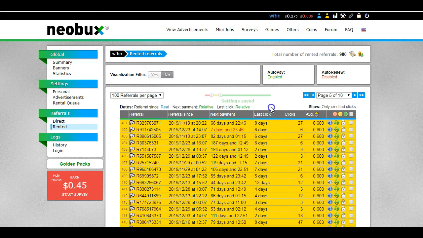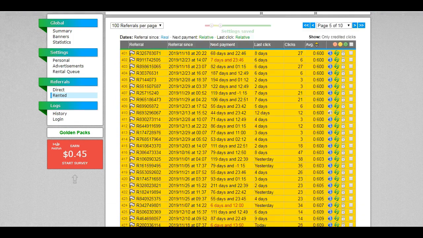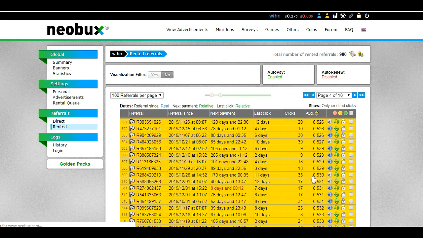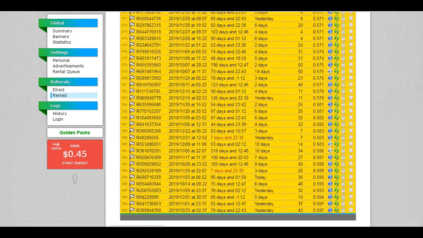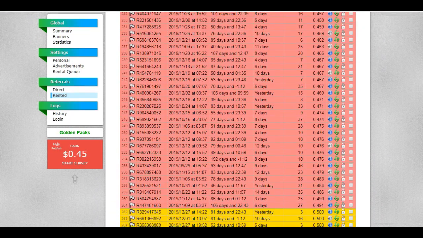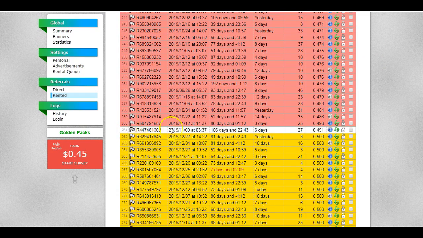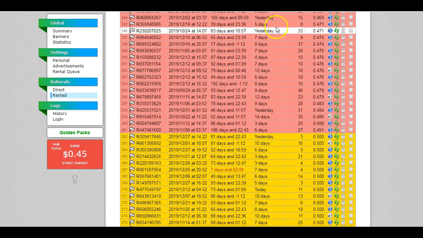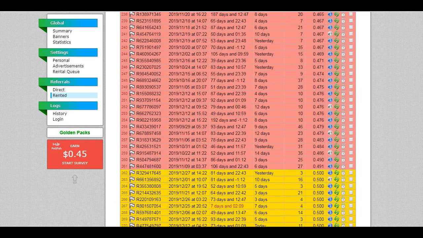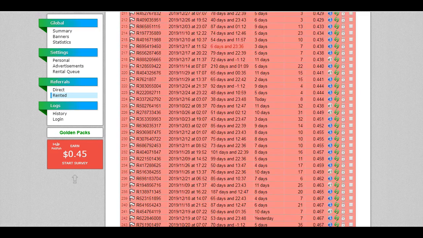Now you might be wondering, why then do I have a lot of rented referrals who are red? If I go back again, I have 261 rented referrals that are marked as red. Now some people will recycle any of the rented referrals that are red showing on their account. Personally, I think that's quite a crude measurement,